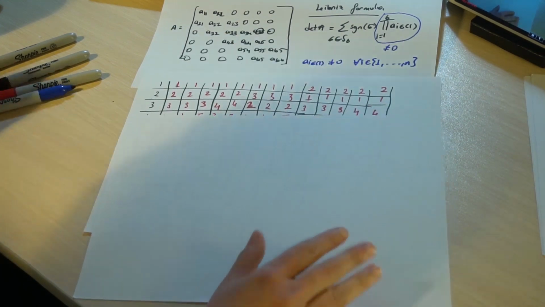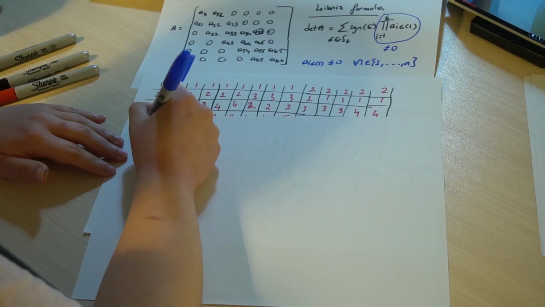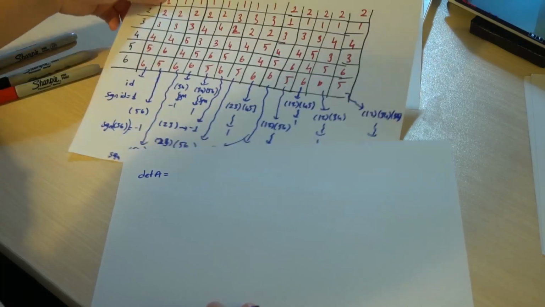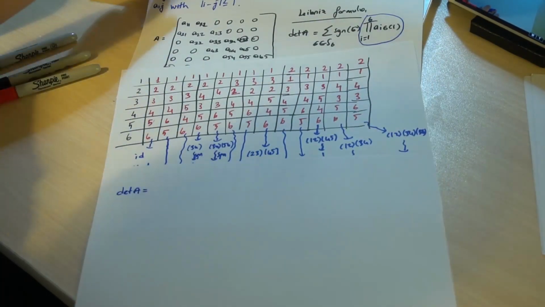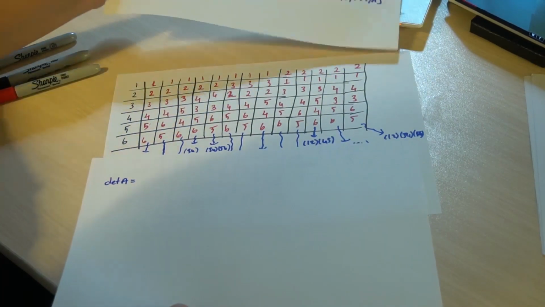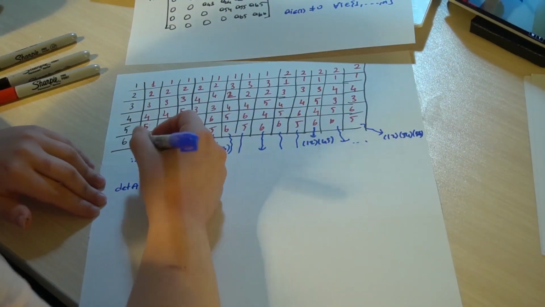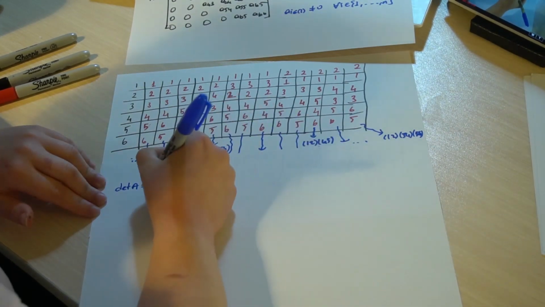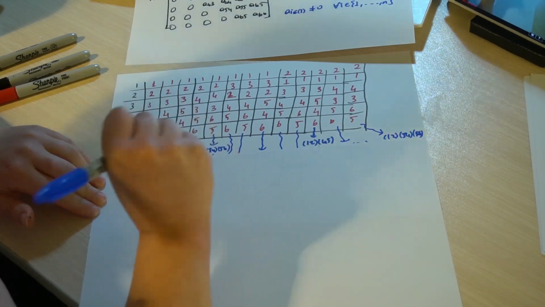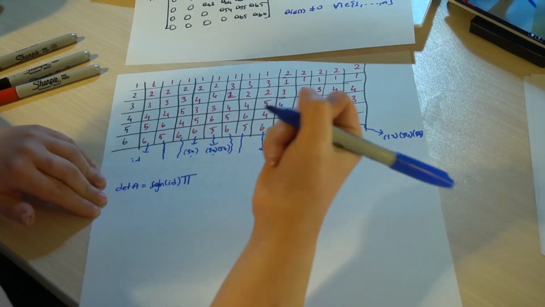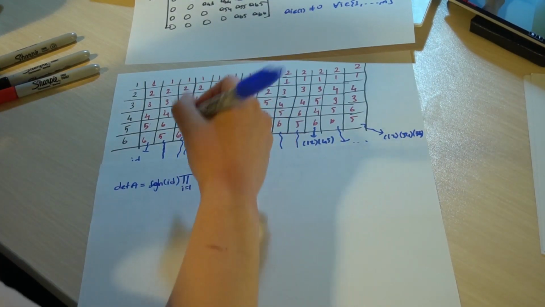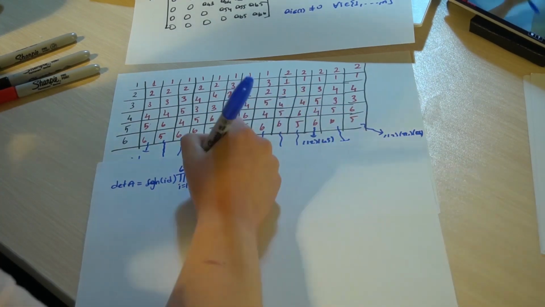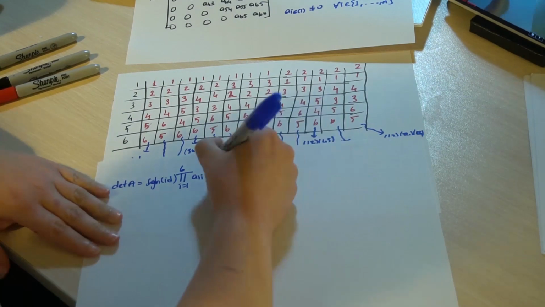Now, determinant of A is equal to, first non-zero permutation was identity. So we have sign of identity, product over I from 1 to 6, A1, 1, I,